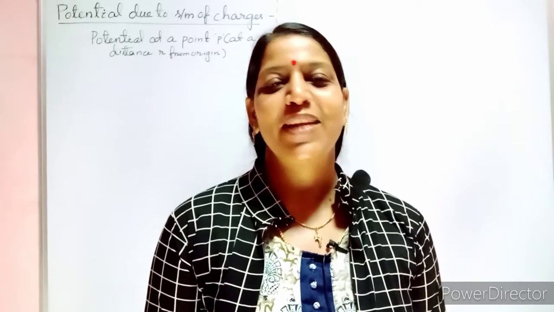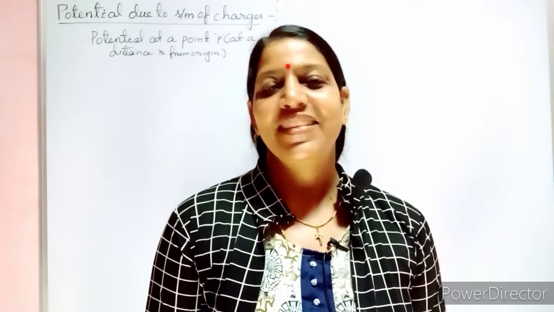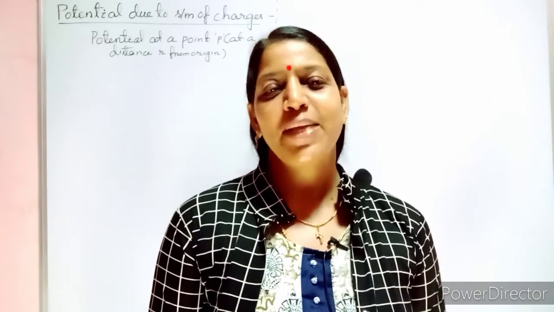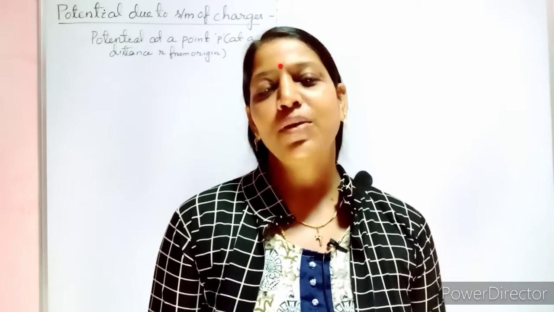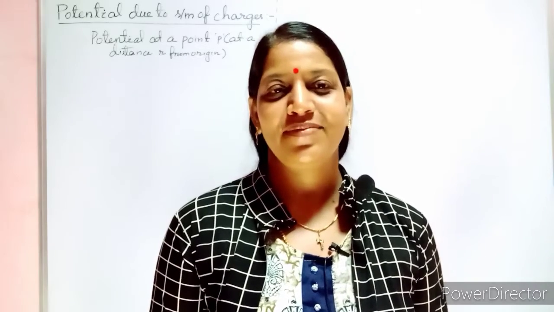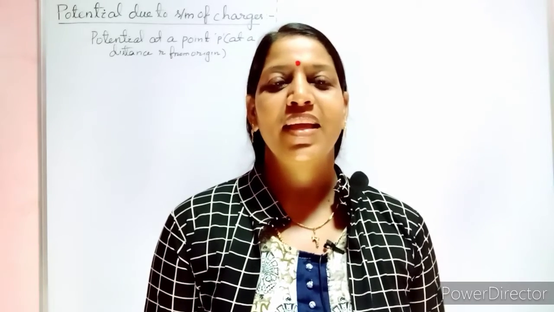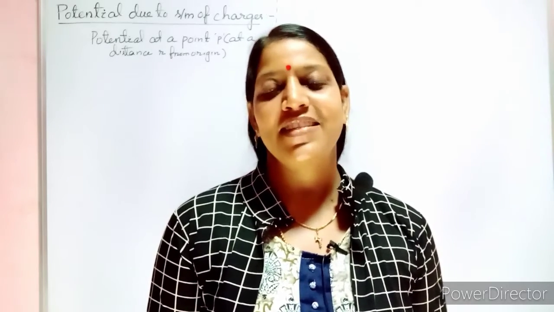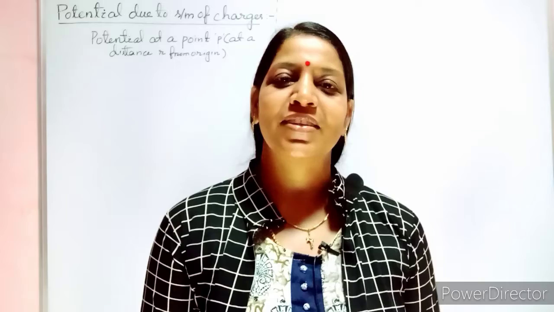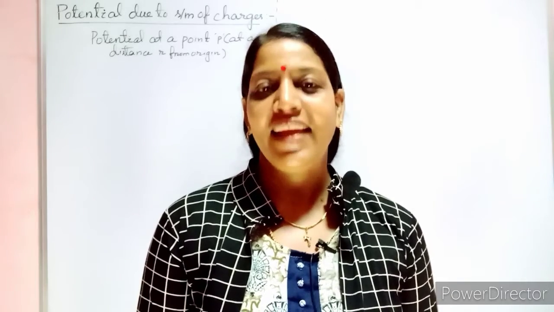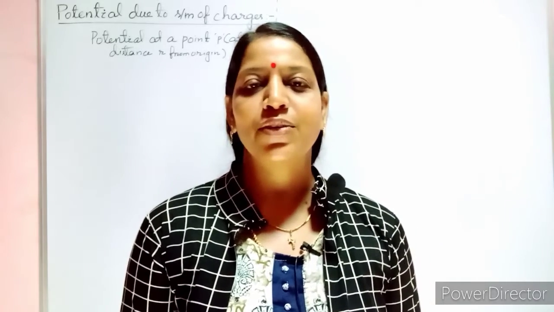This topic belongs to 12th science or plus 2 science physics. Today we'll cover 3 topics. The first is, if you are keeping a multiple number of charges or a system of charges, then what will be your net electric potential? That is the first concept we are going to see. Second, we are going to see what we mean by the term equipotential surface and what its properties are. Third, we are going to see the relationship between electric potential and electric field. These are the 3 things we are going to cover today.